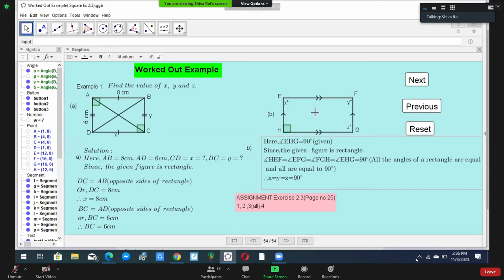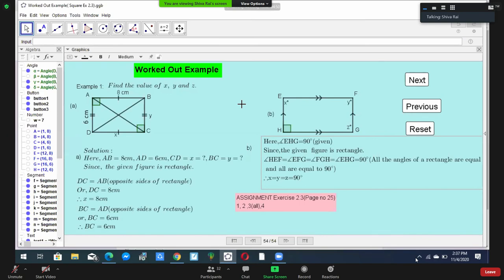But in a rectangle all the sides are not equal. Here all the sides are not equal. You look here, EF is longer than EH. Breadth and length are not the same. So it is clear it is a rectangle. When does a quadrilateral become a rectangle? If one of the angles of a quadrilateral is 90 degrees and opposite sides are parallel, then that is a rectangle.